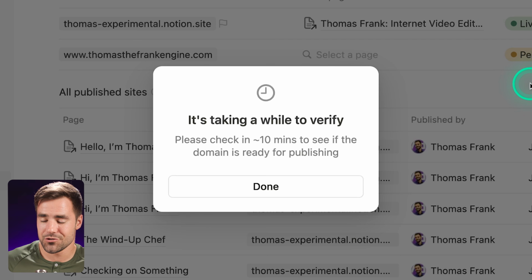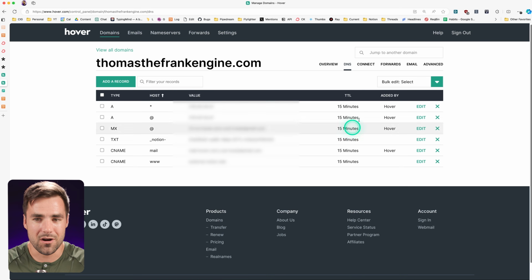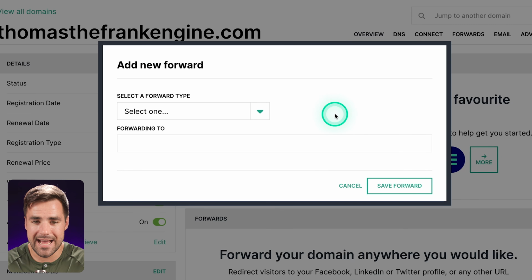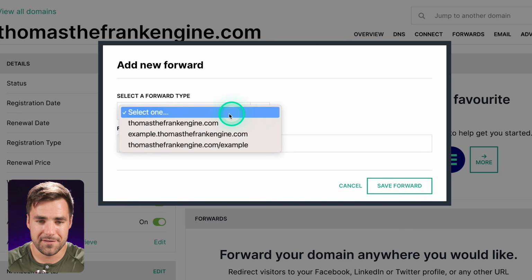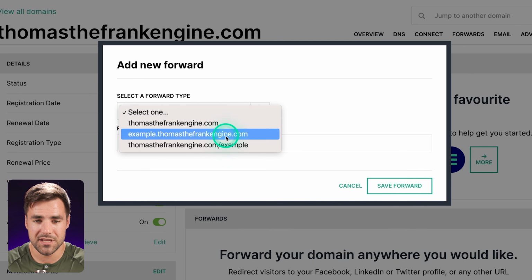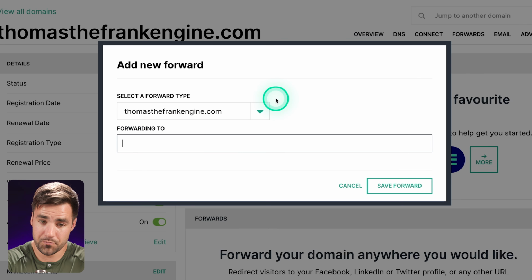While we wait for that, just like a cooking show, putting something in the oven, we're going to go back over to our Hover area, and we're going to go to Overview. And in Overview, you will see there's also this forward your domain anywhere you like. So this is a forwards section. So here we are going to add a forward for our Apex domain. So under this little drop-down menu, we're going to find thomasthefrankengine.com. This is our Apex domain. We don't want to choose either of these because they are not the Apex. And we're going to forward that to